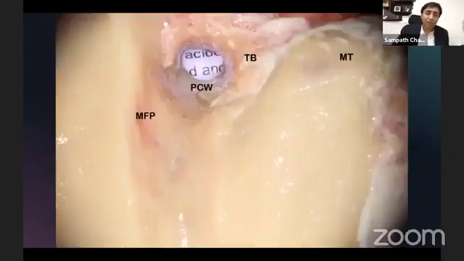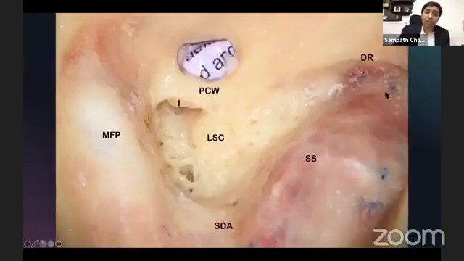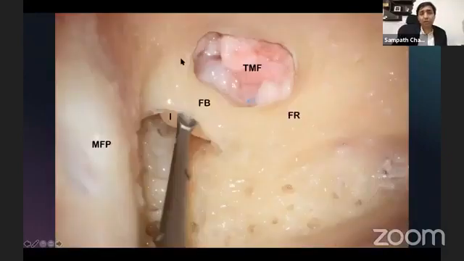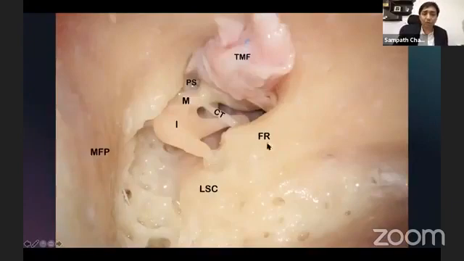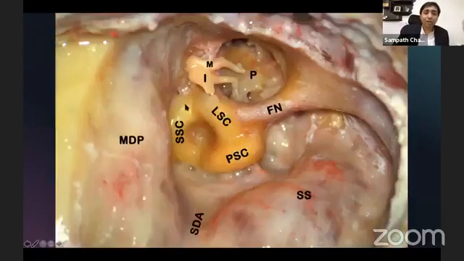You do a canal wall down mastoidectomy and proceed to completely skeletonize the middle fossa dura, sigmoid sinus, and sinodural angle, and remove all the mastoid cells. No big rocket science. Remove the bridge, lower the facial ridge, and remove the ossicles, malleus, incus, and stapes. The semicircular canals have to be identified. The facial nerve is completely skeletonized from the geniculate ganglion up to the stylomastoid foramen, and the digastric ridge is clearly seen. All the air cells are exenterated.